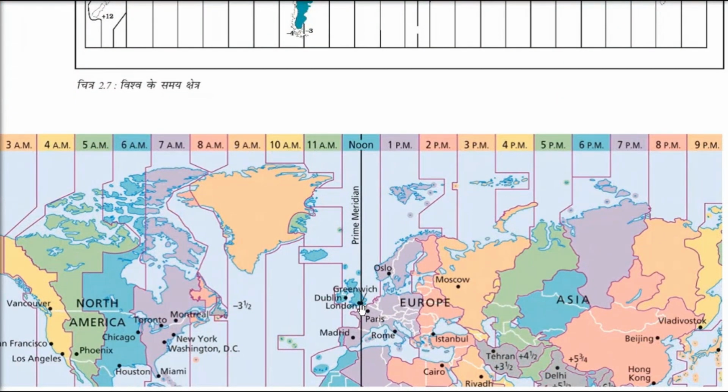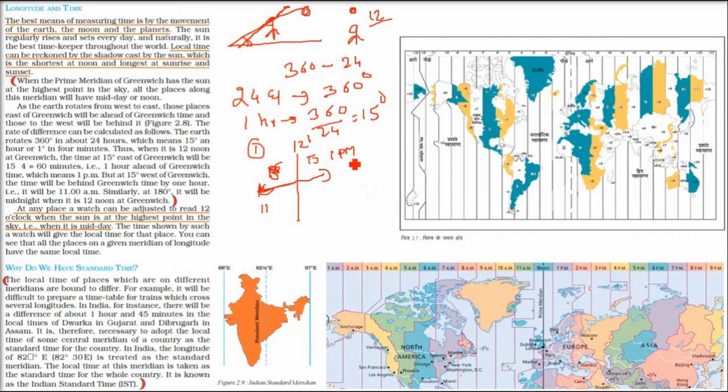This is the prime meridian, Greenwich. Now take in the figure 15 degrees on the east, go on the right. If it is 12 at Greenwich, this will be 1 p.m. If you go on the left, the same position but 15 degrees, the different location will have a different time. So you have to understand that every 15 degrees, there will be a 1 hour difference. So if you are staying somewhere at say 30 degrees, you will be 2 hours from the Greenwich